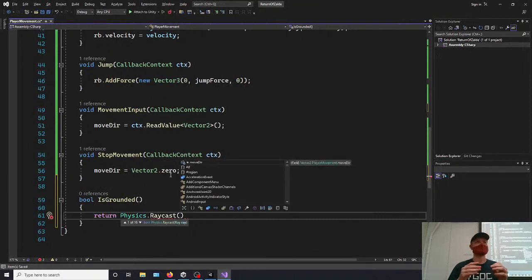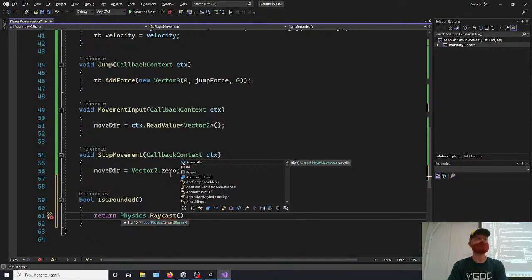If you really wanted, you could just, if there's a collision, it's grounded, and just ignore sides for now. But this is a lot better. This is the real way to do it. If you just checked for collisions, you could stick to a wall, and then you could jump up the wall. So we're going to return Physics.Raycast, and then we're going to do